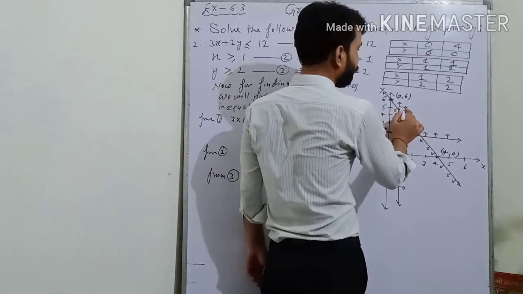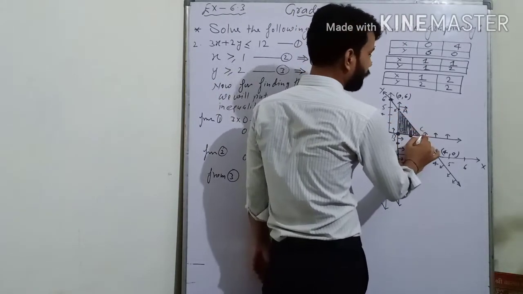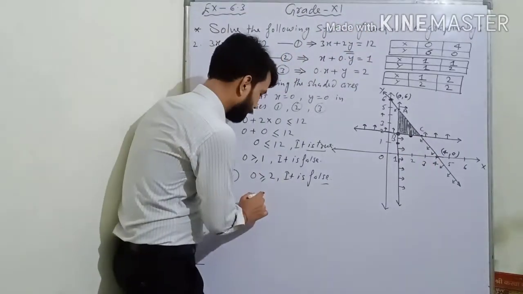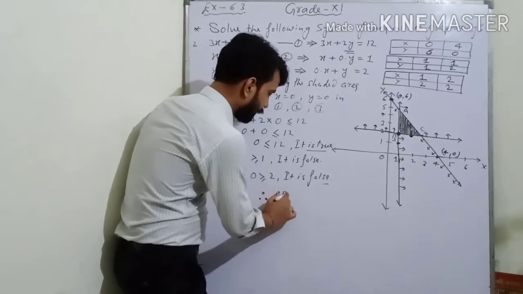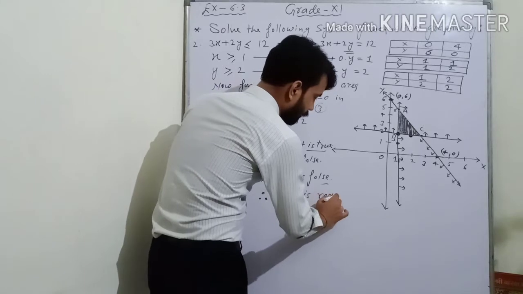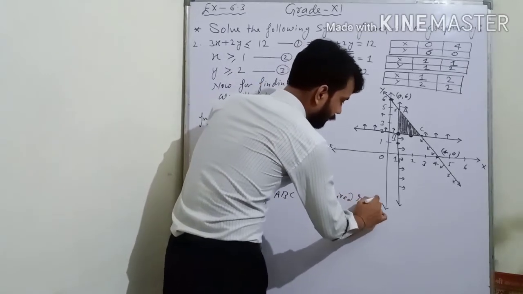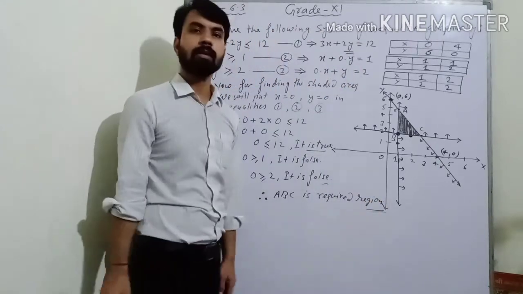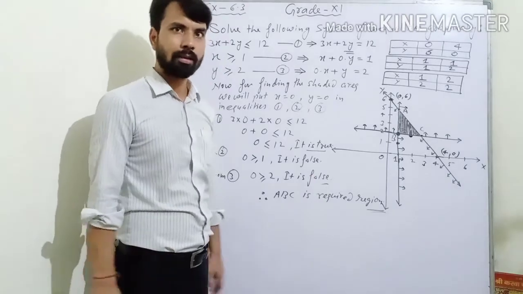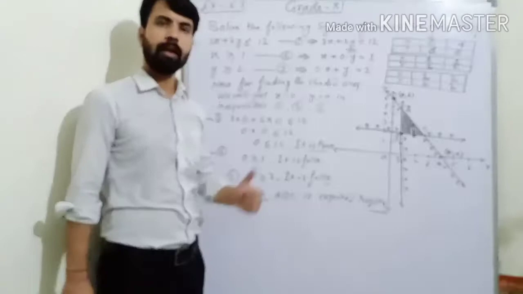So we have to write here A, this point is B and this point is C. Clear? So at last we have to write, hence ABC is the required region. ABC is the required region. Understood? It is clear? Good. Simple question, huh? Very good. So now pause the video and note it fast.